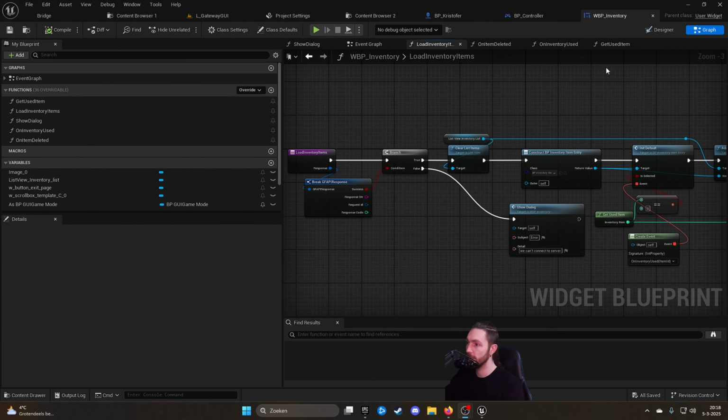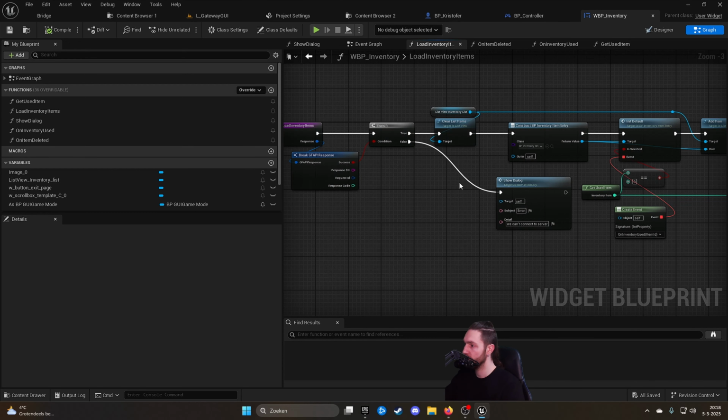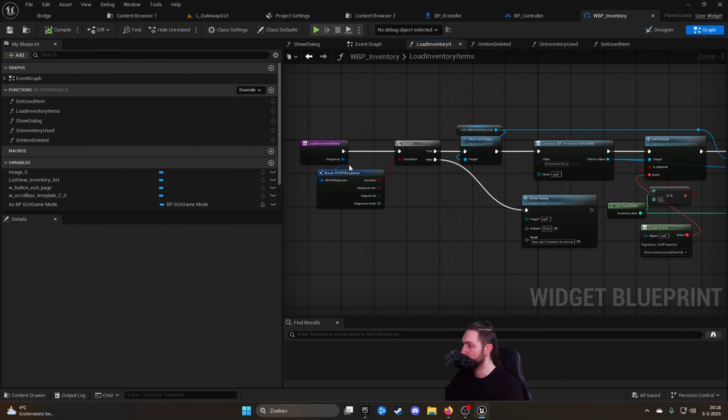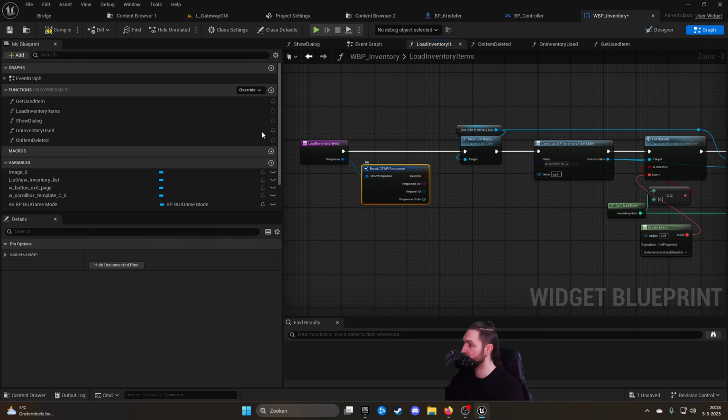So I'm back with you guys. If you have the WBP inventory, you go to load inventory items, to the load inventory items itself, and we can basically delete the whole thing here. So we delete, we can just do it like this. We delete the branch, we can delete the show dialog, we can keep this one here, compile and save,